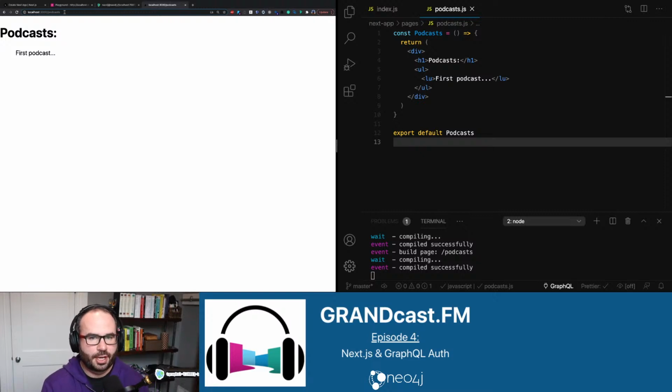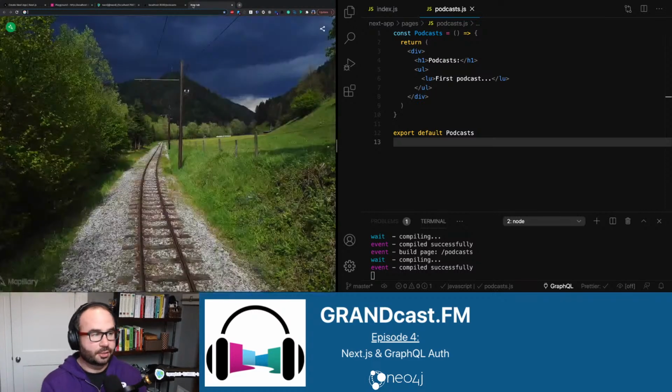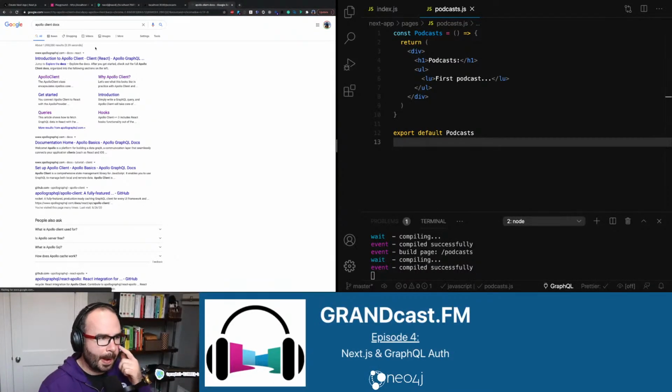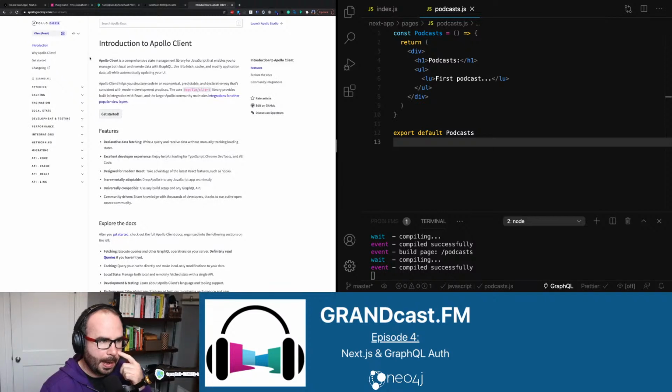Cool. So now what we want to do is fetch some data to populate this list. And we know we want to fetch that data from our GraphQL API. So we're going to pull in Apollo client. So Apollo client is